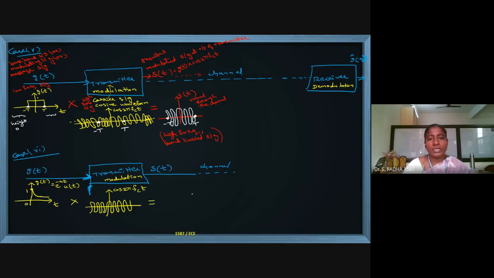Now what is the resultant? The S of t signal. The outer shape of the modulating signal should come. This is the height 1, but the high frequency cosine wave will be present. You understood what is happening? The original G of t exists up to infinite time, so this decreasing height also goes up to infinite time, on both the positive and negative sides. It will be something like this.